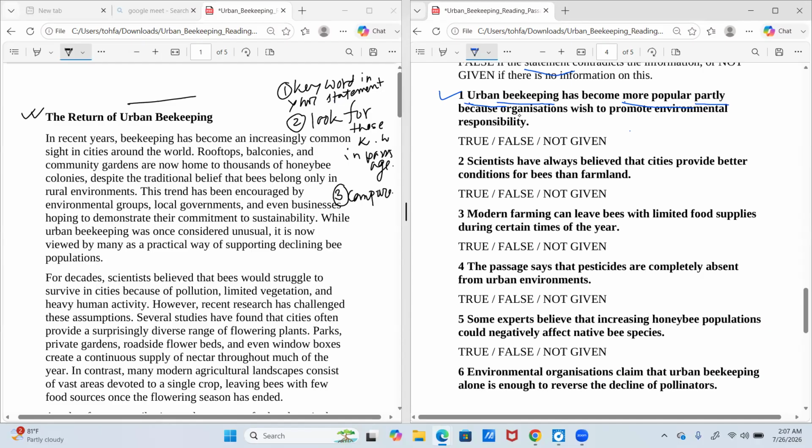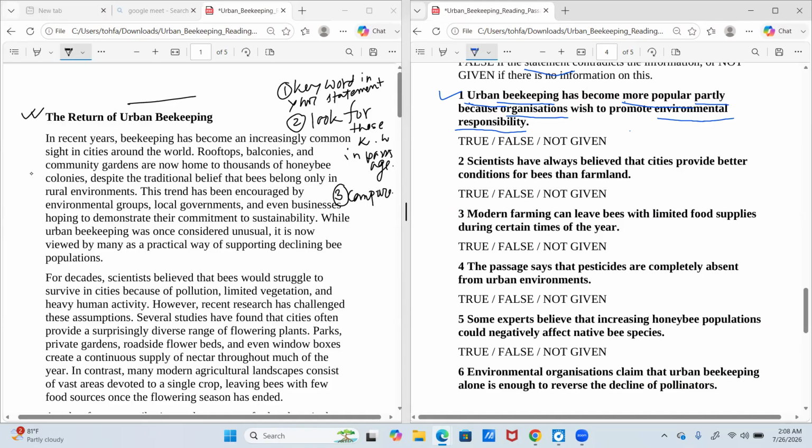Why? Because organizations. Who wish to promote? Organizations. What do they wish to promote? Environmental responsibility. So that's how we find our clues. We need to ask multiple questions to our statements so that we can find those clues. And then we need not read the whole paragraph or passage, just look for these clues. And obviously they won't be in the exact same words. We would be looking for the synonyms or similar words or phrases which convey the same meaning